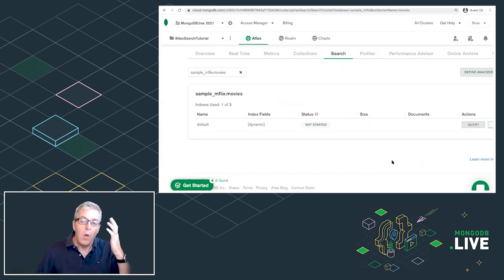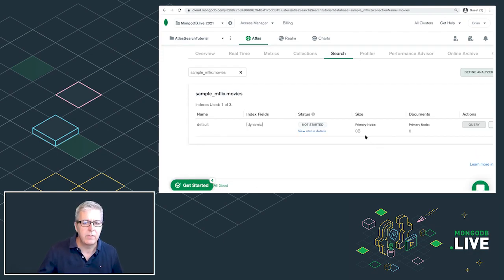Once you do that, this is going to take a couple of seconds. The index is actually created asynchronously, so it's going to take a moment to kick off. You see now it's just switched to not started, and pretty soon the index will start to create. In this case, for the 25,000 records, it only takes a couple of seconds to complete. So we'll sit here and wait for that completion to occur.